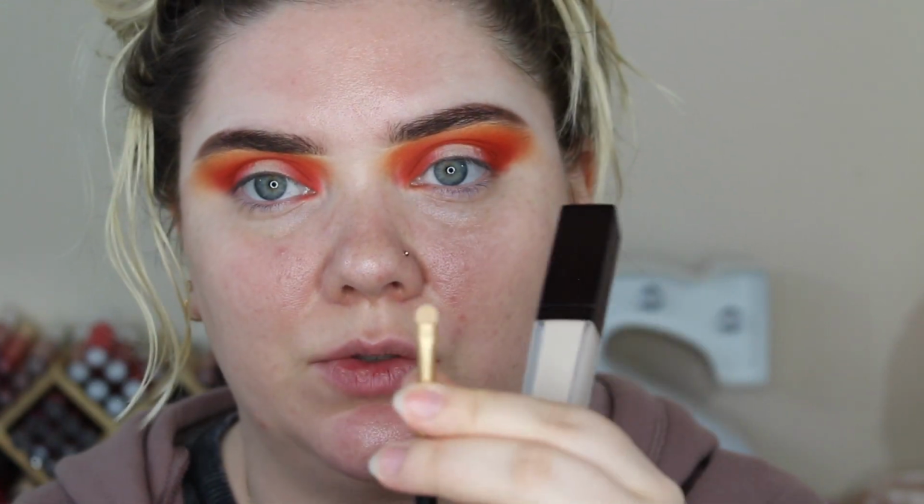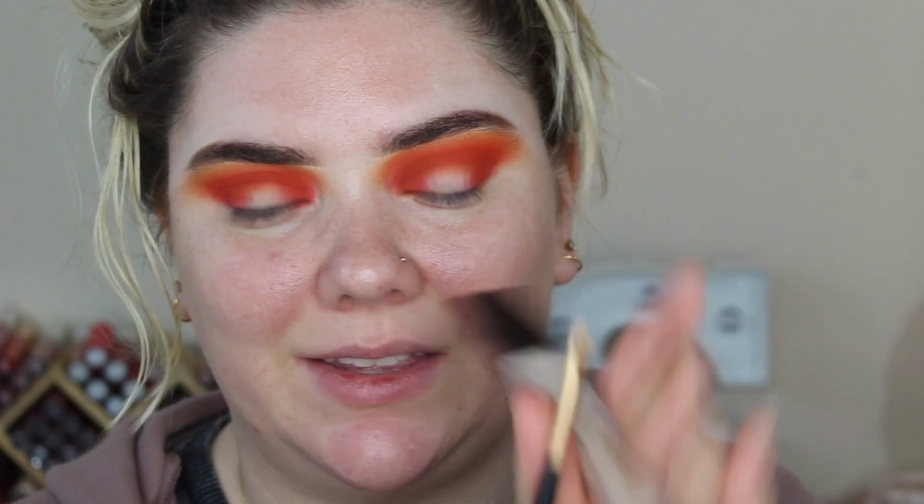What I like to use for a crease brush is just something super small and tiny. I don't know if you can see that. And I'm going to be grabbing from this, I'm not going to use the applicator right on my eyelids because it's big and I want a lot of control. This is a Morphe brush. It doesn't have a number on it, and I personally do not support Morphe. I don't buy from them, but this is just what I have that I could grab really quickly. So I'm going to put on some, and I blinked,